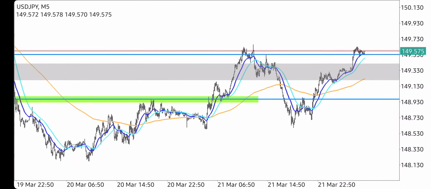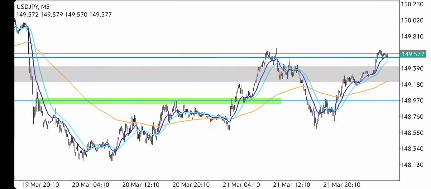If we just come over here to give another structure video, we had two equal lows right here, right there, right here. This was the last high for real from this point.